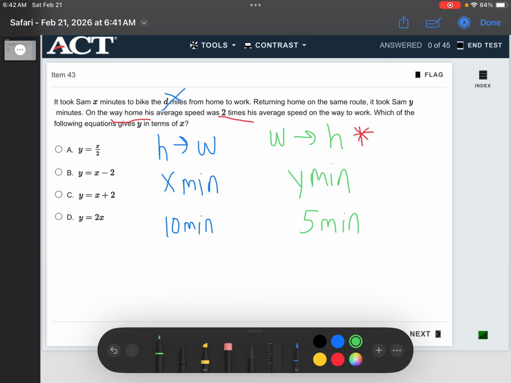So we'd have to figure out, okay, well, which one of these equations is going to take this 10 and then do the mathematical operation and turn it into 5. Right, well, obviously not the times 2, not the plus 2, not the minus 2. The only one that would do it would be that choice A, where we cut that value in half. Right, we would take this 10 and divide it by 2, and that would give us the 5, right? And 5 represents y, 10 represents x, and cutting my time in half because my speed is twice as fast is that division by 2. So, looks like our answer here is